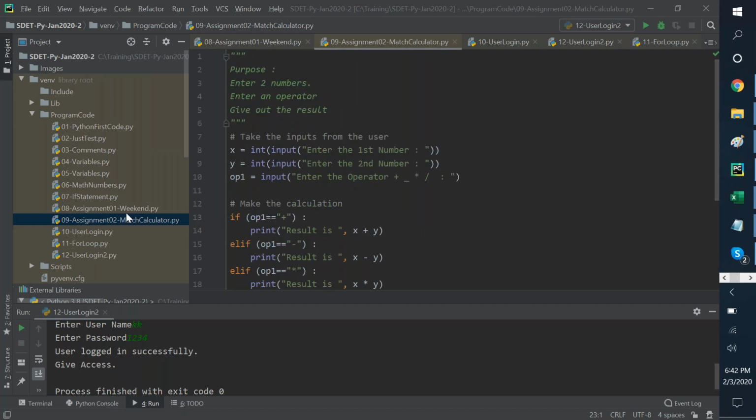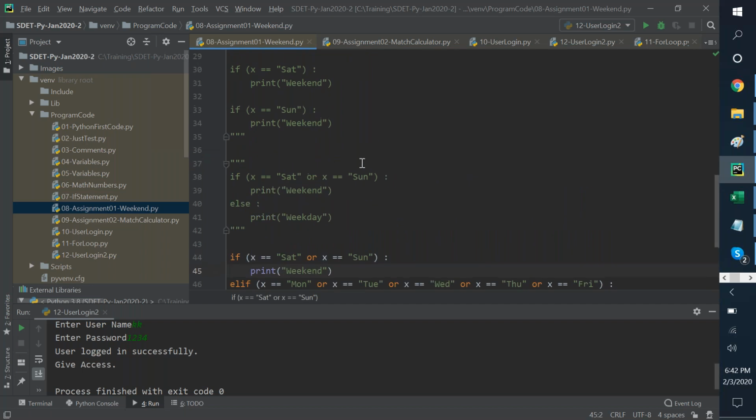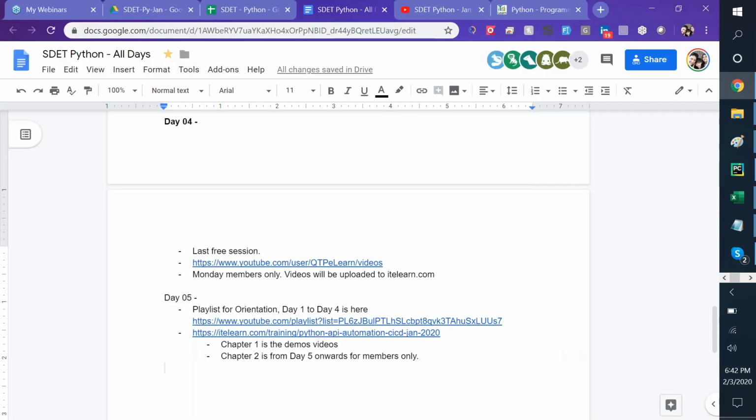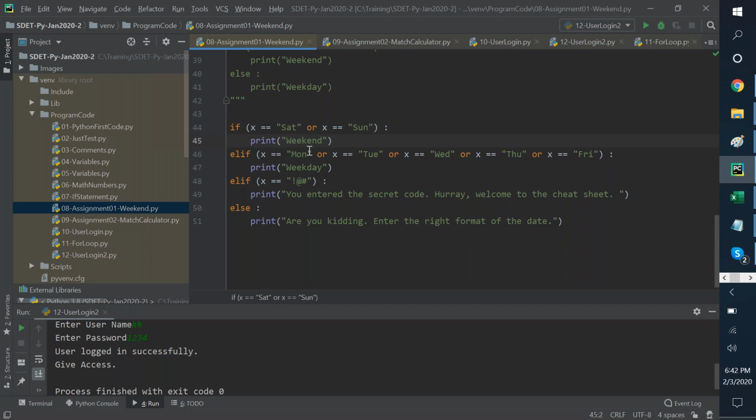So this was an assignment that we did. One was weekend, a simple if statement that lets us use if, elif, else to be able to use a condition. In fact, 2 conditions here separated by or to see if it's a weekend. Else if it meets any of these other few terms that we have, then it's a weekday, and so on. So we have not come to strings yet, team. There are a lot of things that will come to basics and beyond. So I am taking it in a way that will be easy for us to understand. String operations, a lot of it that we'll work on. When we work on them, you'll understand how we can do lowercase, uppercase, and so on.